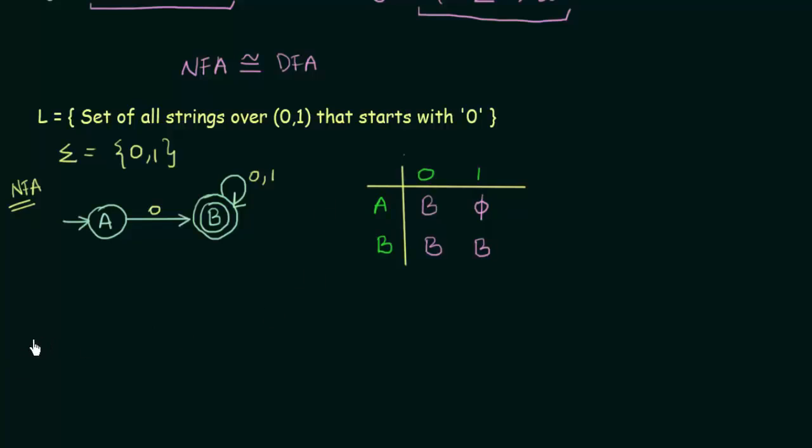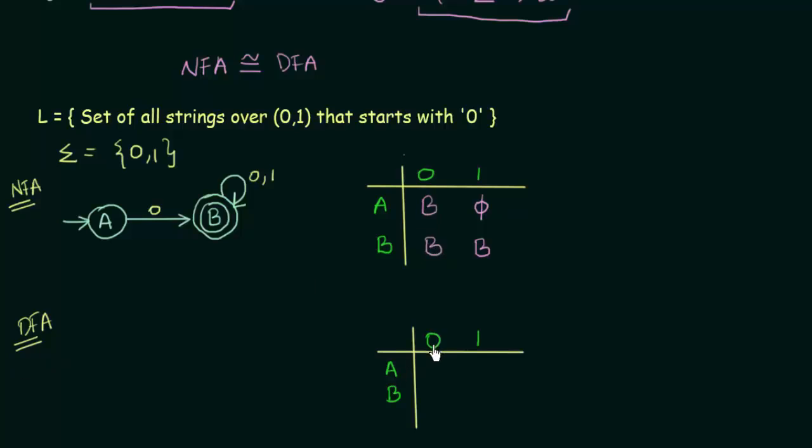So what we are trying to do is make the DFA. So the state transition diagram for DFA, how would it look like? I'll again draw a table here. And in my table, what will be the things I have? I'll have 0, 1, which are my inputs, and I have my states A and B. Now let's look at this table and try to convert it into a DFA.